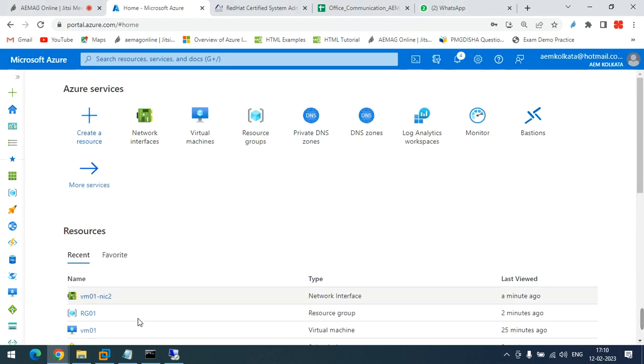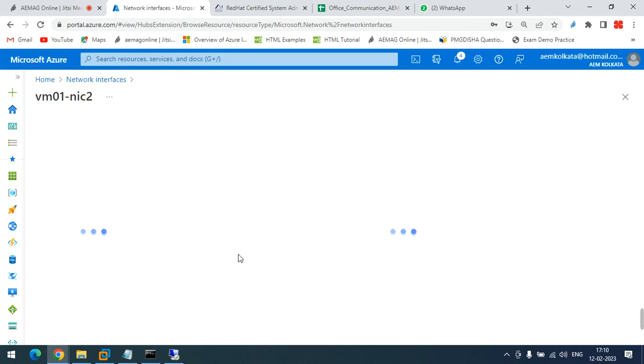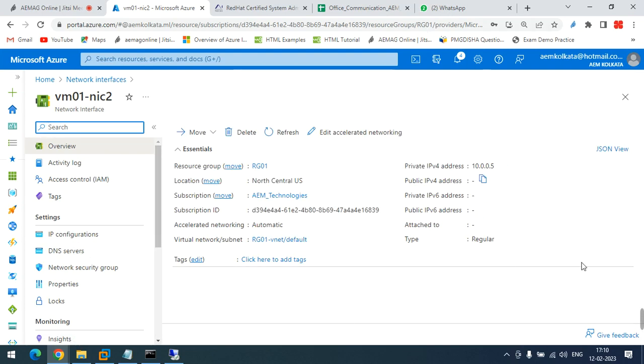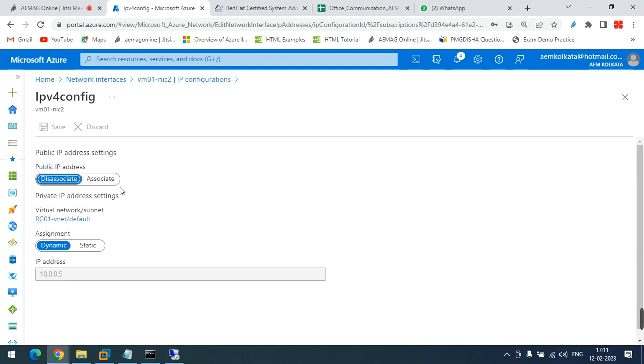See, observe it minutely. If you go to the network interface, here is the new NIC that you have created. Come down here. In the overview page, it is not showing you any provision for attaching this NIC with a VM. Then you go to IP configuration. In IP configuration also, there is no provision for attaching this NIC with a VM. Even in the individual configuration setting over the NIC, it only gives the provision that if you have a public IP, you can attach it with this NIC, but nowhere does it give you the option through which you can associate this NIC with a VM. Because